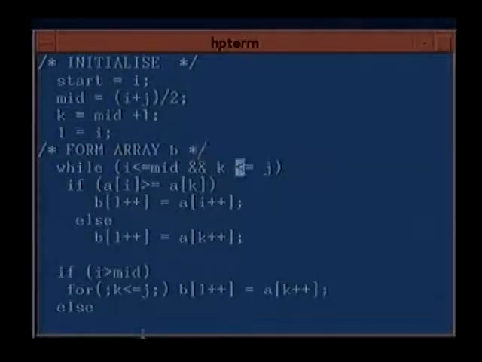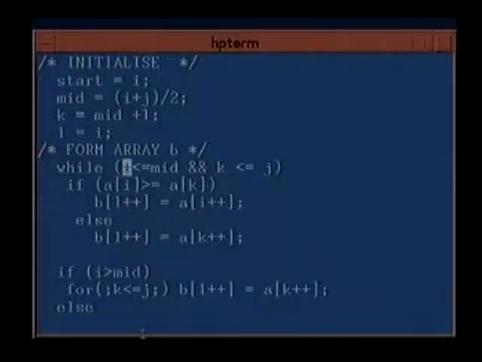The array B will be starting from L. So if A[i] is greater than or equal to A[k], then B[L] is assigned A[i], and L and i are incremented. Otherwise, B[L] is assigned A[k], and L and k are both incremented. Is that okay?